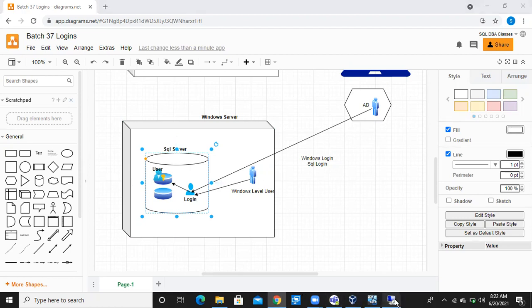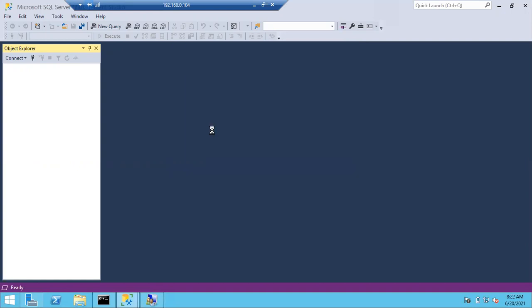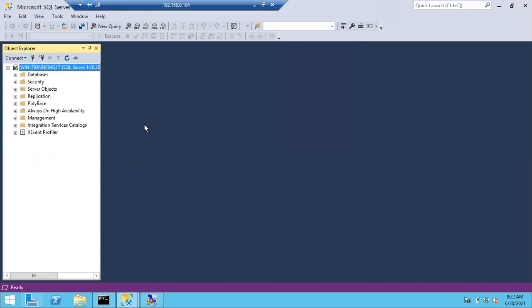Right now you can see Sean, because I just opened my Management Studio with the Sean account. In case you want to do it another way, you have to log out from administrator, log in as Sean, and then you can see this window. Then you can click on the Connect button. Sean can connect to the SQL Server as discussed.